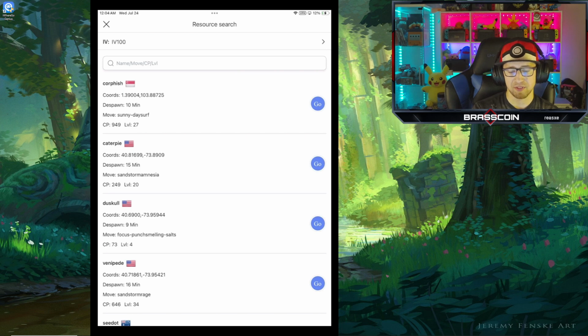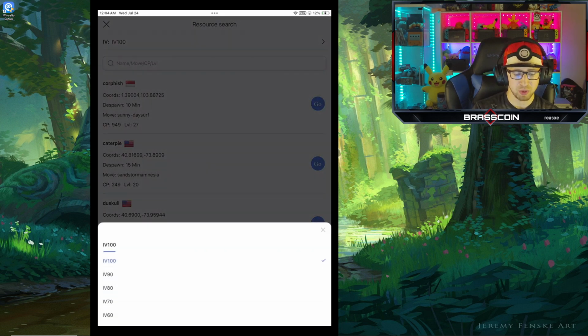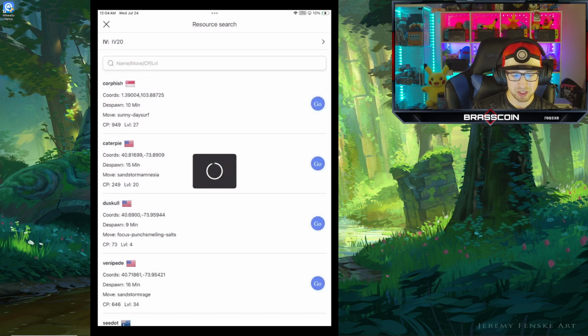Another handy feature is the resource search. Now this one is a little bit finicky. Initially it will appear up here with the IV level 100 or whatever. You can scroll that down, move it around, and get more reasonable research points here. But you can type in the name of Pokemon that fit that IV category, and you can search for like a Corphish, and it will let you know where you can go to get a Corphish